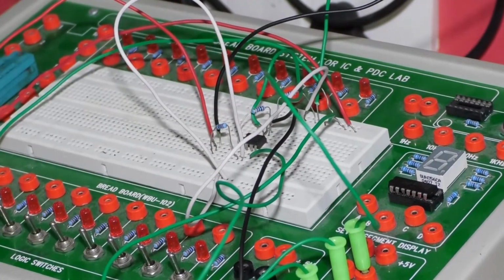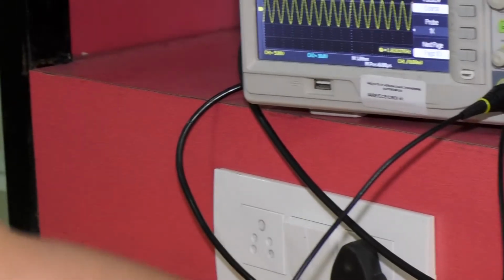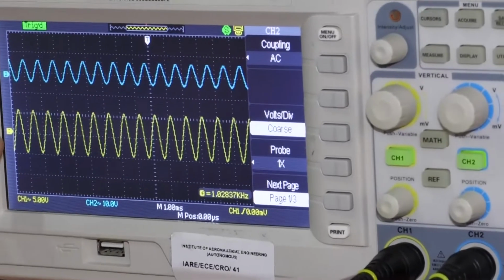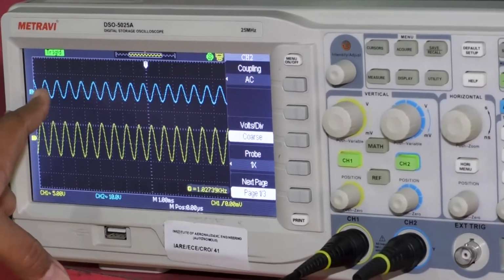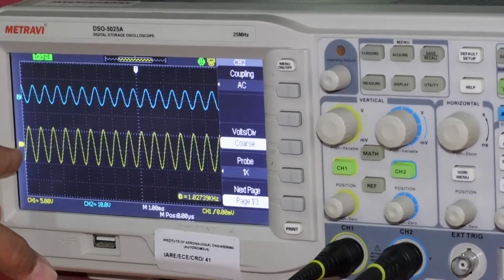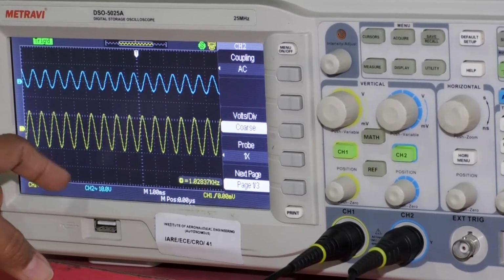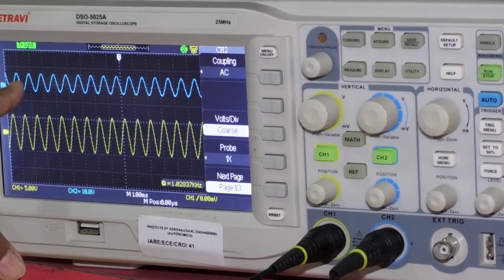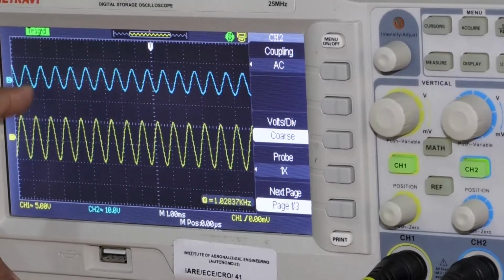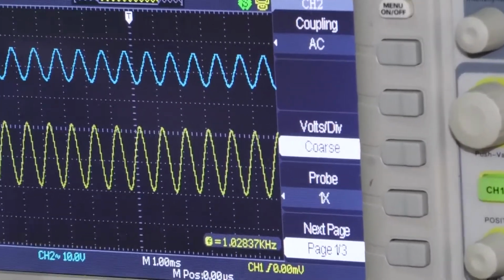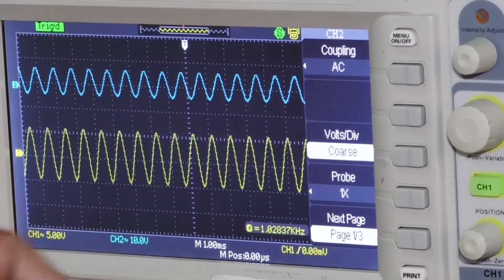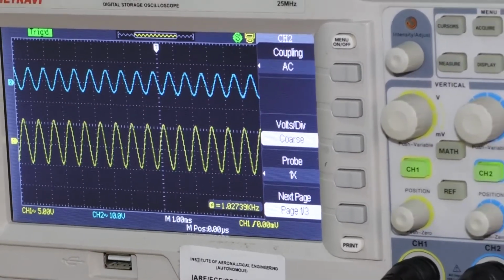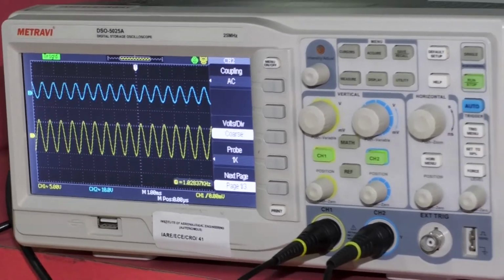So if you observe here, see in the channel 1 we have the input signal and in the channel 2 we have the output signal. If you observe these two signals, the yellow line representing channel 1 input starts from the origin, and here if you observe the output, that will be reverse to that of the input, means there exists a phase difference between input and output signals, differing by 180 degrees. So this resembles that an inverting amplifier will generate 180 degrees phase shift between input and output.